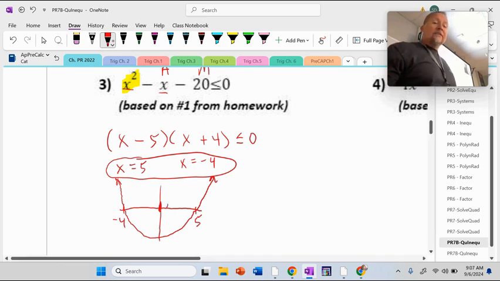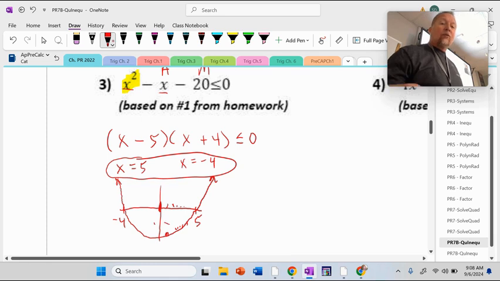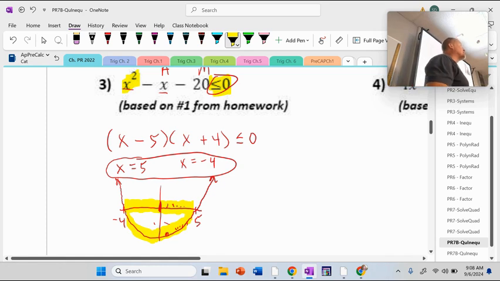Does 1 look like a solution? I don't want to have to keep plugging this in, but what kind of output am I getting when I plug in 1? Negative. Are negatives less than 0? Yes. All of these x's give me negative outputs for y, which are less than 0. This is why this is the most powerful and easy thing in the world. All of these x's create negative outputs, which are less than 0. So they're all